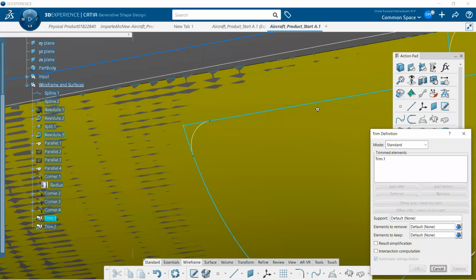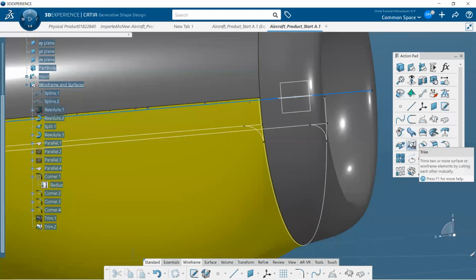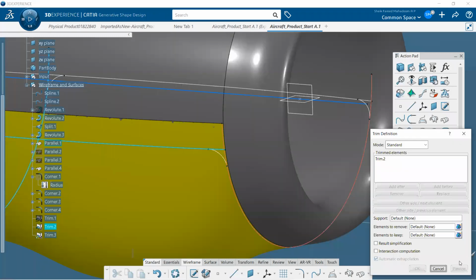And then same way, I need the trimming over here as well. Then just select the trim option. Select this curve. First, let me just delete the excess curves. Click OK, and then select the trim option. Select this side and this side. Right now, on both sides I just removed some excess curves that are not necessary over here. Same way, I need to repeat the process over here as well.